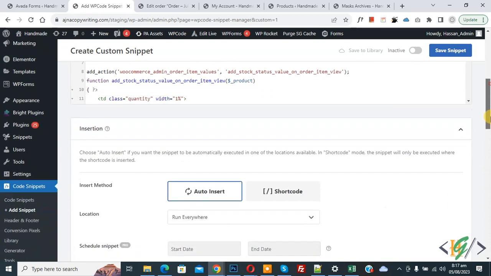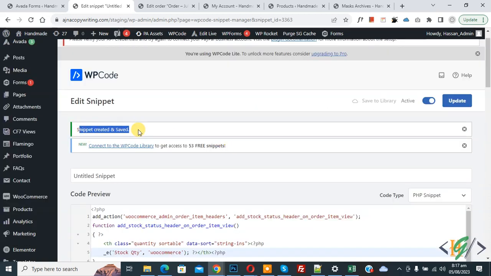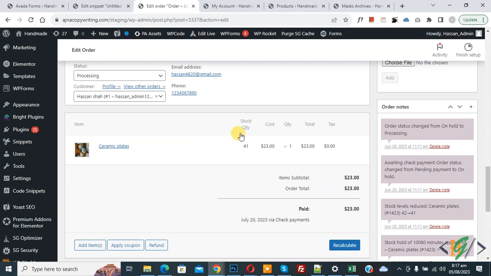Now scroll down, you see insert method auto insert, location run everywhere. On top you see inactive, now make it active, and then click on save snippet. Now snippet is created and saved. Go to edit order detail page. Now refresh the page. Now you see item detail and then you see the column we added using custom code, stock